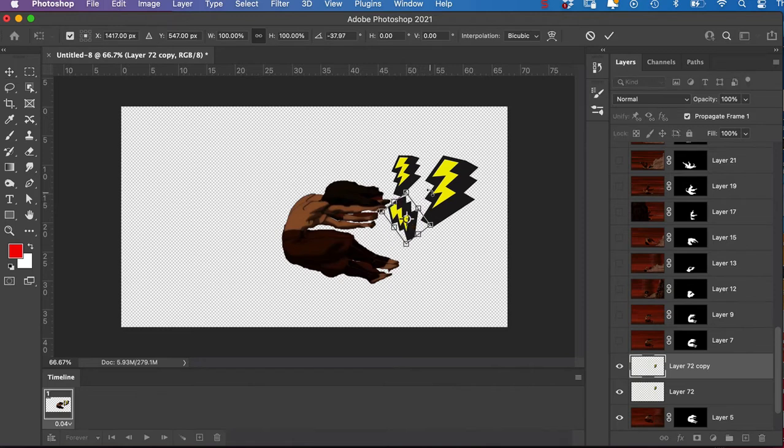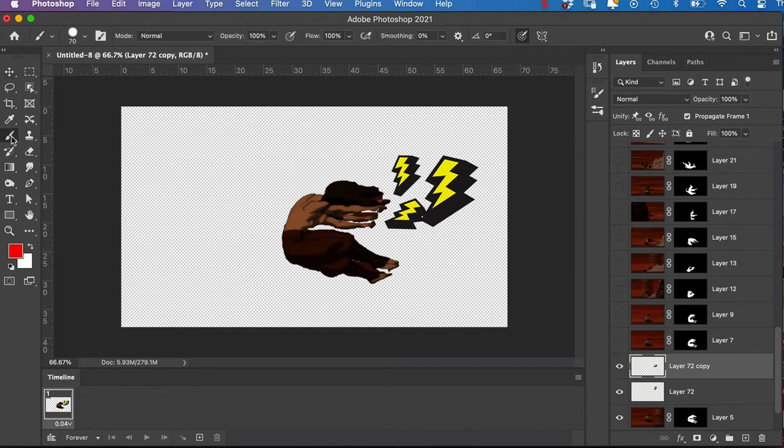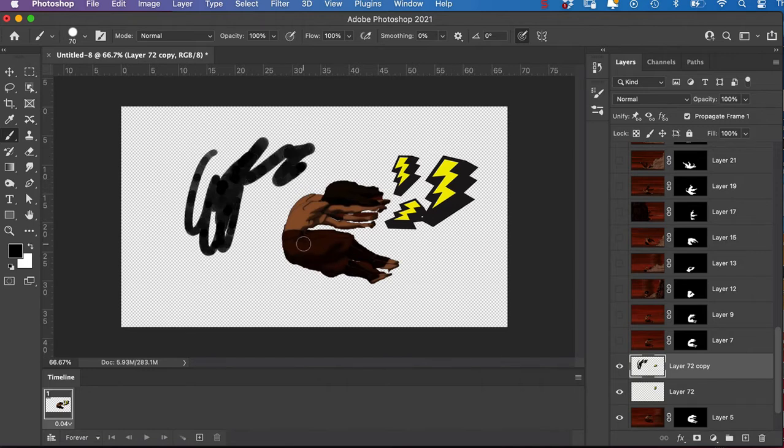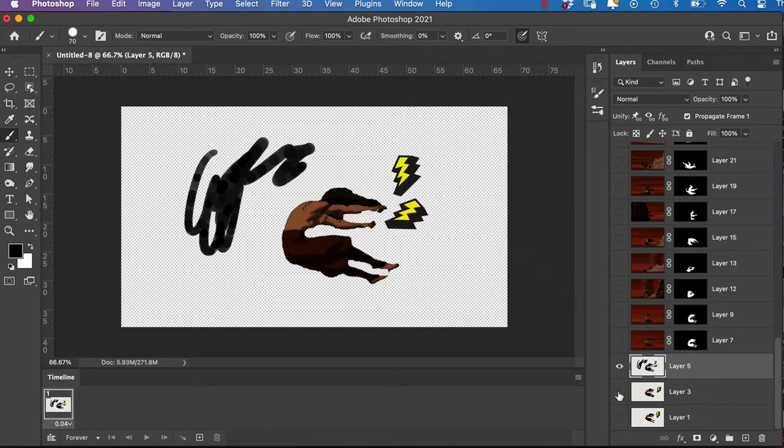And change the lightning bolt, and maybe at this stage as well I can do a bit of a scribble, and when I want to join it, Command E, hit Apply,